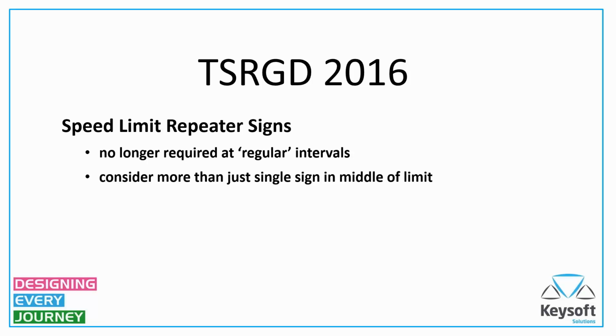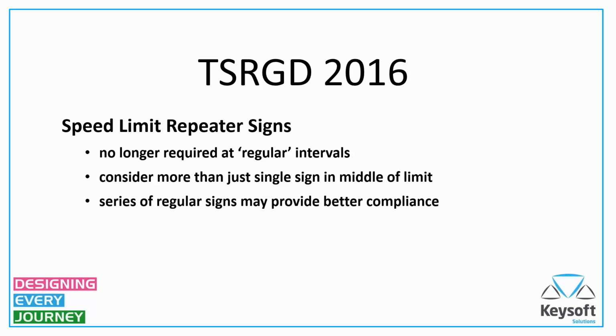But the intention was that relaxation, not to happen at regular intervals, enabled local authorities not to have to put signs on posts. They could just put them on the lighting columns, for example, even if the lighting columns themselves weren't, strictly speaking, at good regular intervals. But again, it's about compliance really with speed limits, so do consider a series of regular signs. They may well provide better compliance to the regulations, and again, it's worth monitoring that compliance to see whether the speed limits are being adhered to.